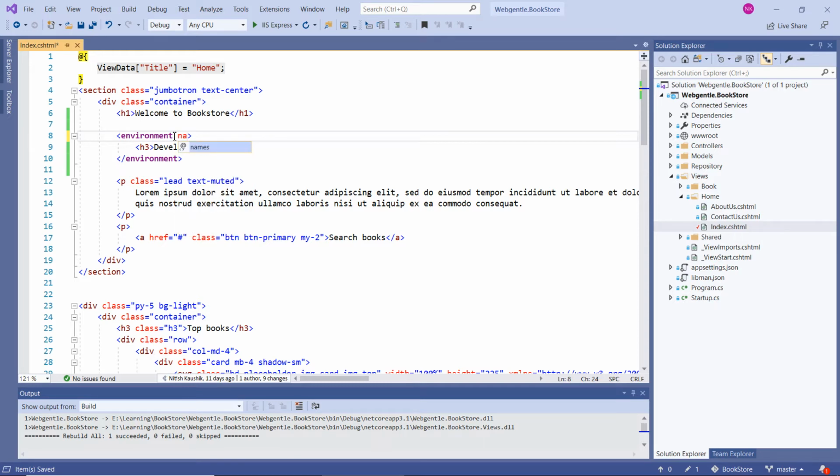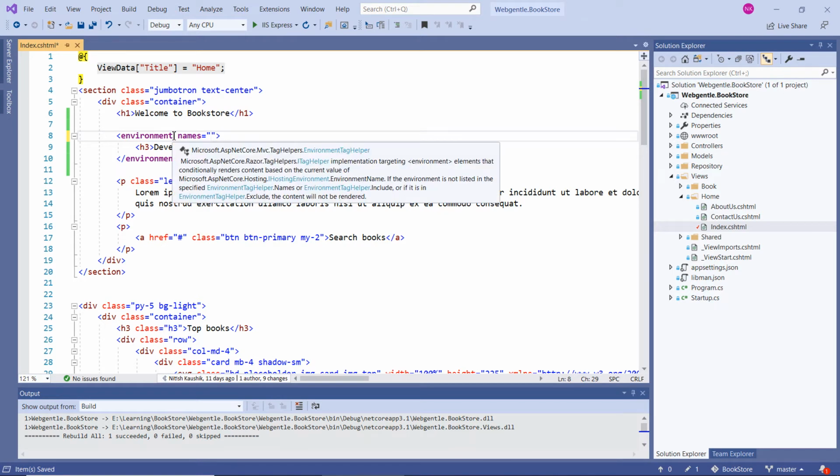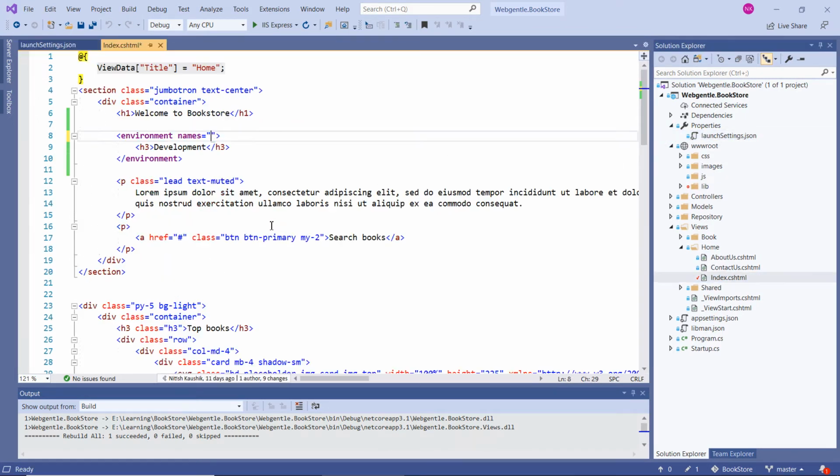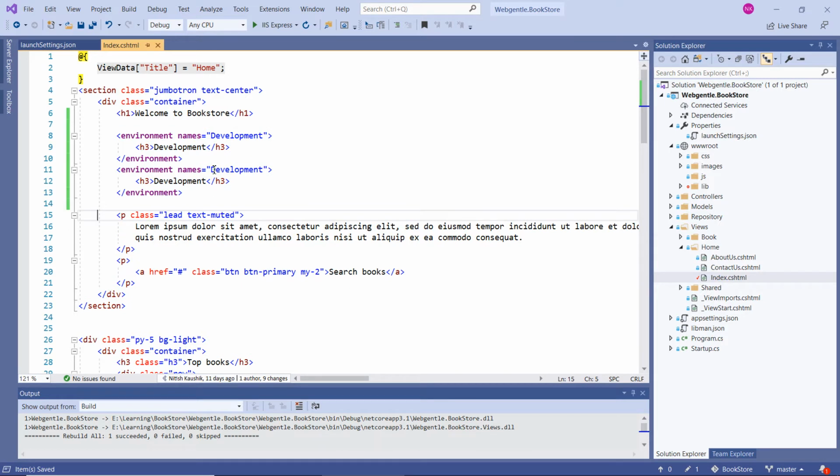So first let's start with names. Inside names we can set the current environment. The current environment is Development. Here you can see the value is inside Properties, launchSettings. Let's copy this one and paste it over here. Let's copy it again and paste it again, and let's set some message for Production.